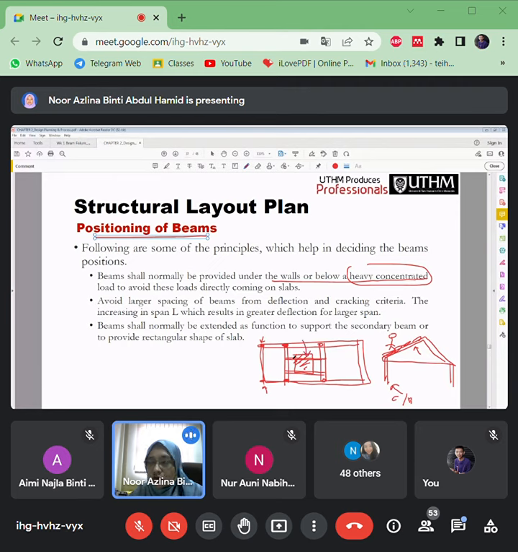Dia tak tunjuk pun kena ada beam, kena ada slab ke dan sebagainya. So we have to provide. We have to know what the size of water tank, what its volume. Kan, lagi besar water tank, so berapa load kena support water tank dan sebagainya. So we have to provide the additional beam here.